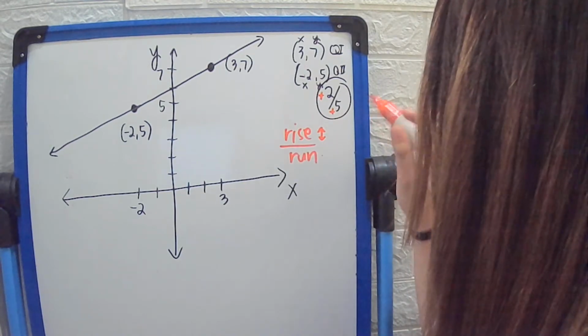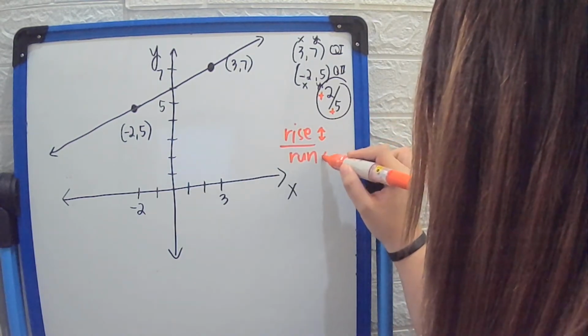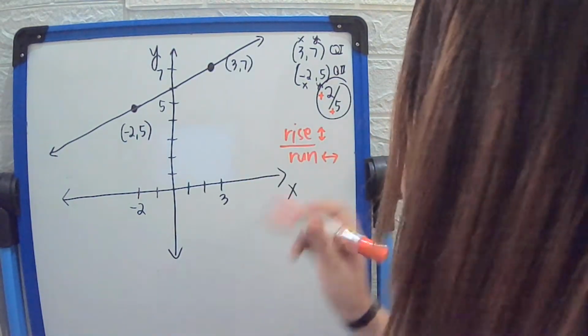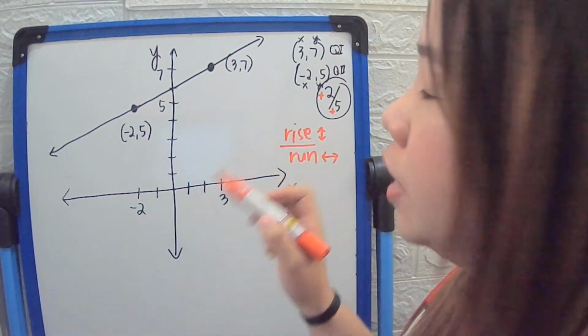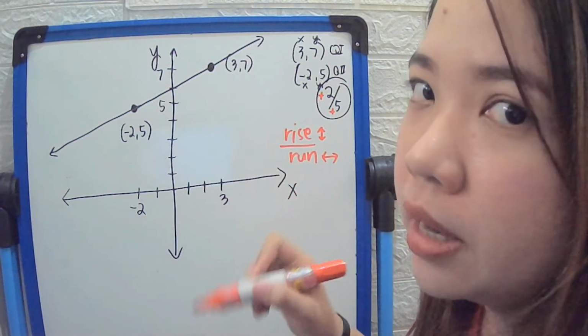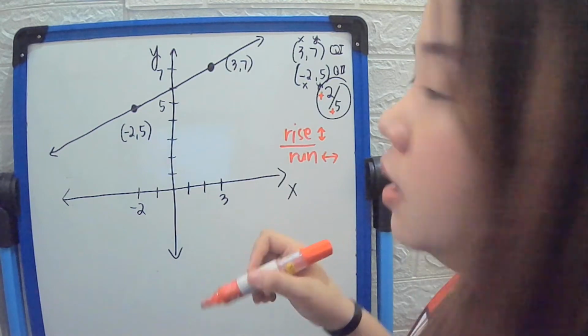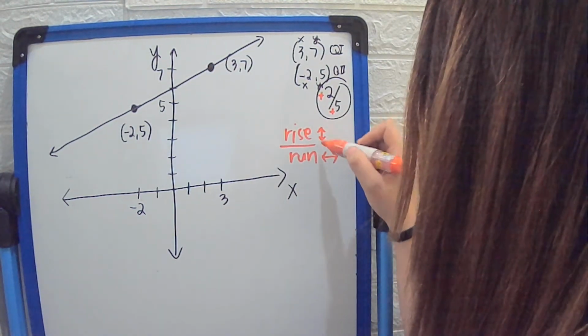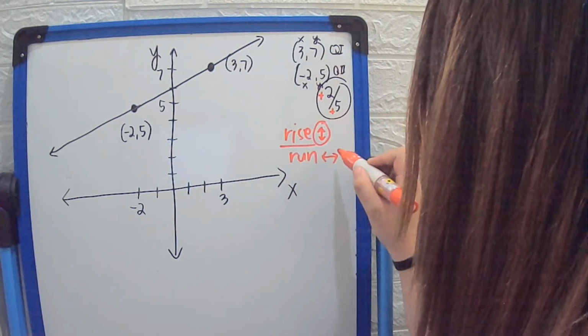Depende sa value kung positive or negative. Pag run, ito naman yung value kay x. Kasi kung babalikan nyo yung formula ni slope kanina, yung nasa numerator, nandun yung values ni y. Tapos sa denominator, nandun naman yung values kay x. Okay, kaya ito yung horizontal line, ito yung vertical line kasi yung ang y-axis natin pag ganyan, ang x-axis natin